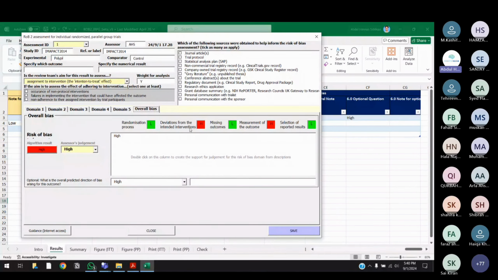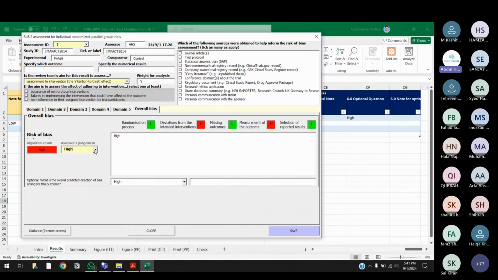Alright. Now, when you are on the overall bias domain, ठीक है, the last part of this domain's overall bias, you will click on the algorithm result button. ठीक है? When you click on the algorithm result button, तो यहाँ पे आपको पता चल रहा है कि जो overall bias था of your study is high. ठीक है? And once again, you are going to select the same assessment. You are not going to change it. Is that clear? And this is the final part of conducting quality assessment for a randomized control trial. This over here, the quality assessment part for the randomized control trial ends. Is this clear to everyone till here? ठीक है?